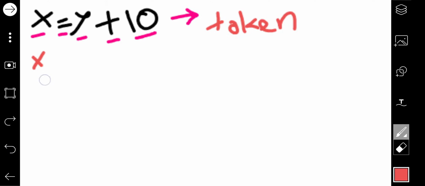So how will it break? It will first identify the tokens.